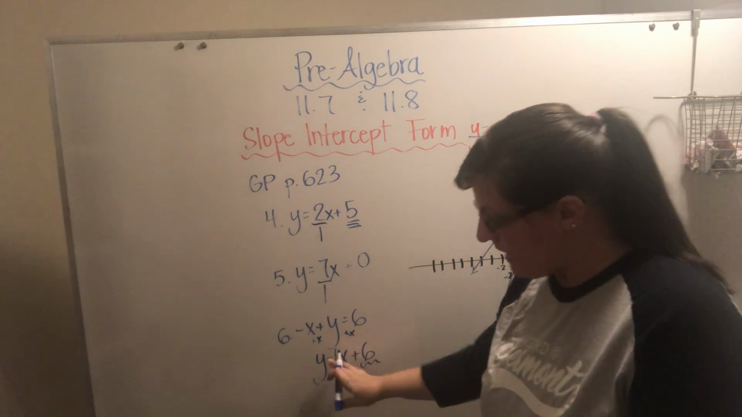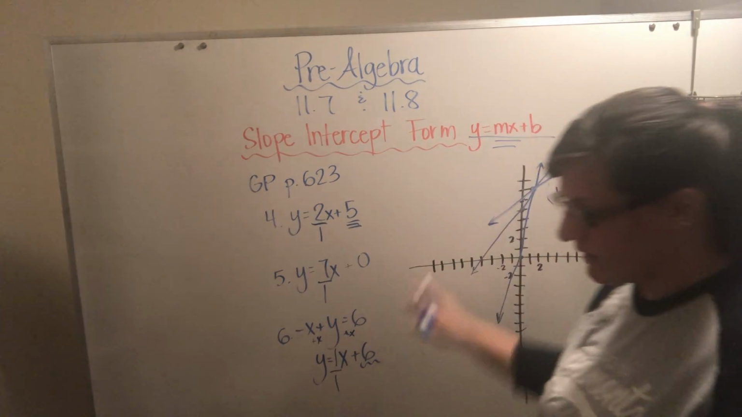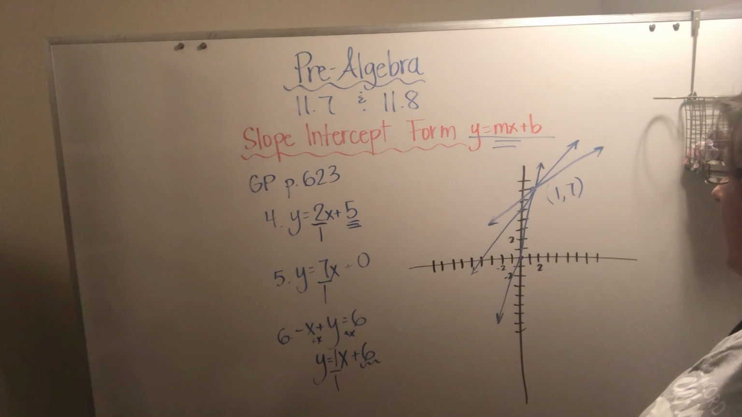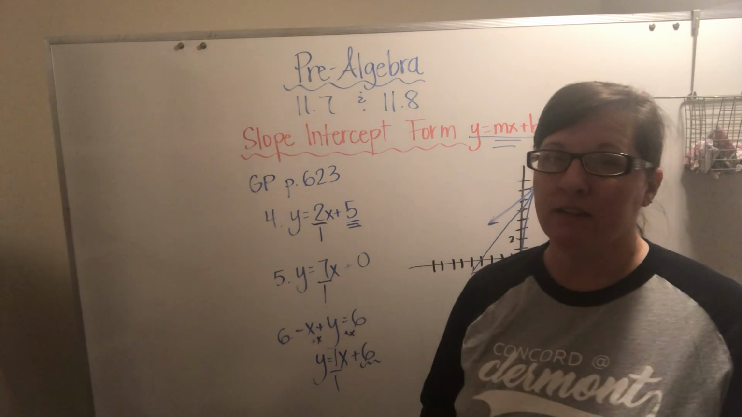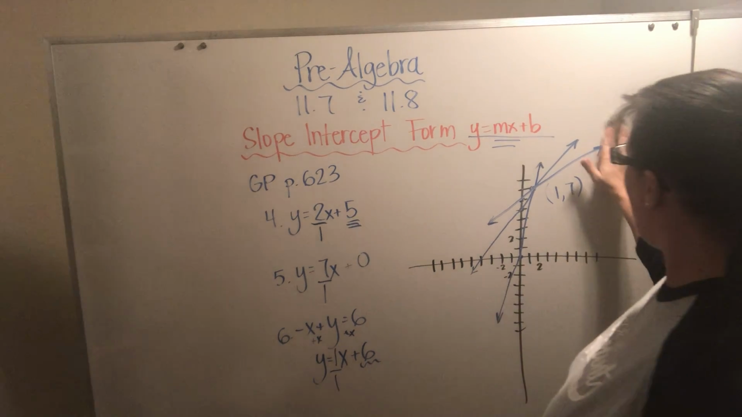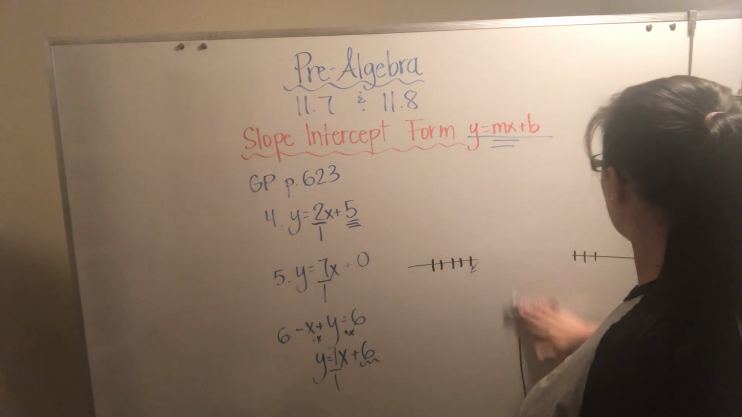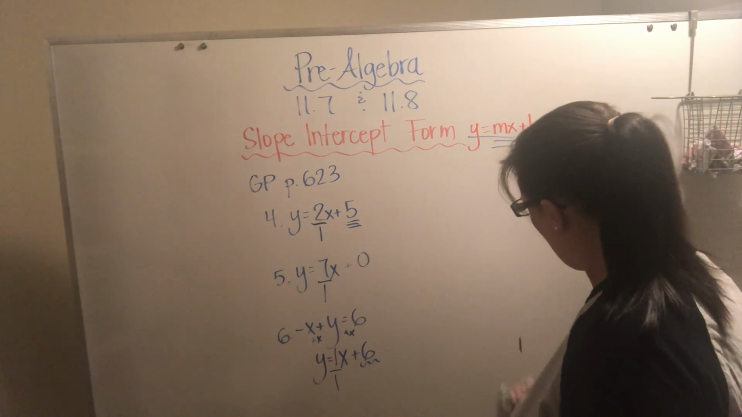These lines all had positive slope. They were all increasing from left to right. All right, there you go for 11.7. I'm going to go ahead and move on to 11.8 at this point, so you can pause it if you like,